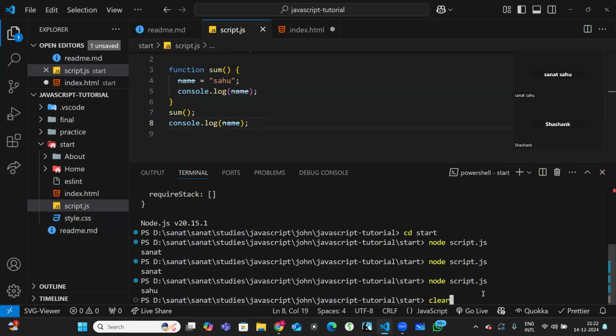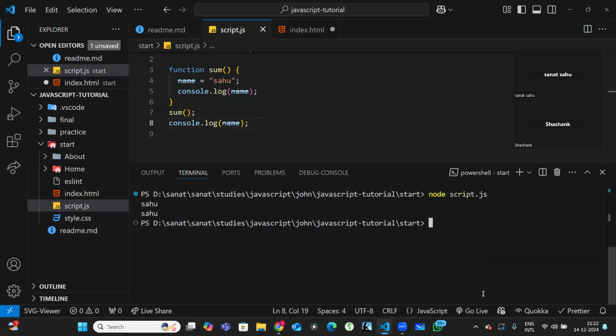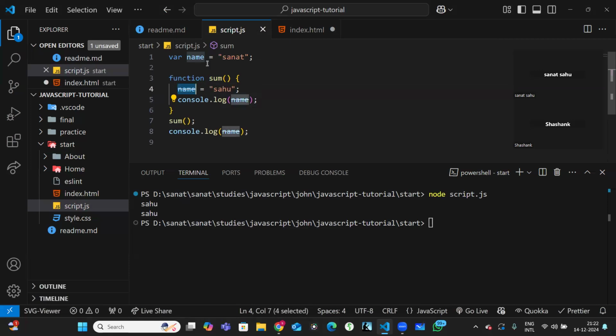Now you see what happened here. Even if I don't write any identifier over here, this name is referring to the global variable only. If I just write let here, now let is block scope, right? So within this block, name refers to this, and this name variable is different